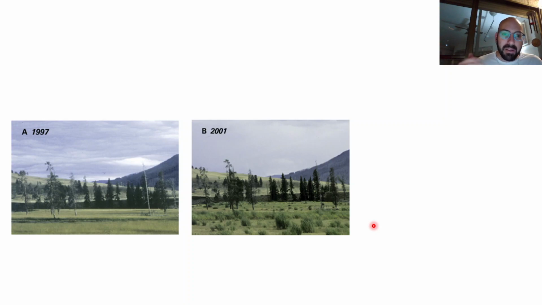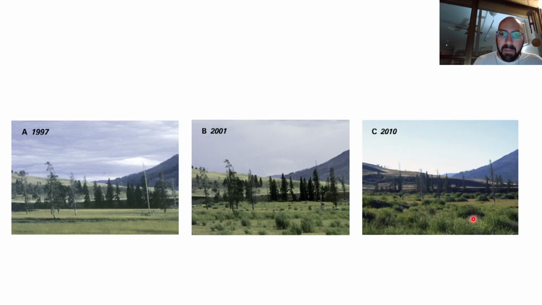But anyway, the riverside vegetation that grows along the rivers is starting to regenerate and grow beautifully. This is now 6 years after the reintroduction of the wolves. And by 2010, you really cannot recognize that there's even a river in the middle there. It's now meandering and slow and warmer. And the environment looks completely different, even though all these 3 photos were taken at the exact same spot.